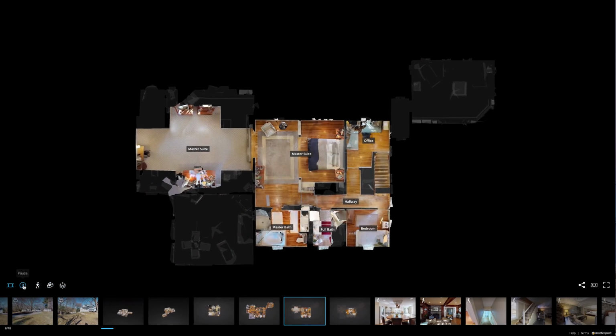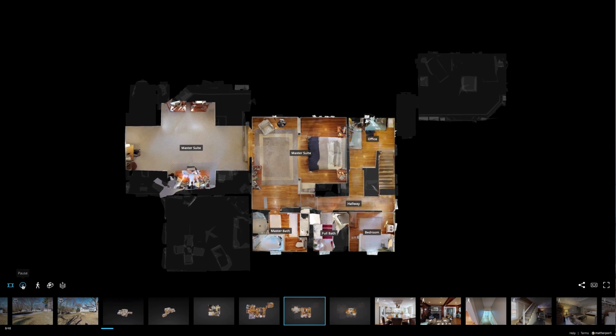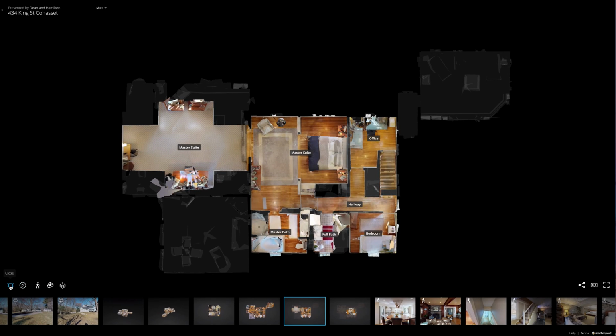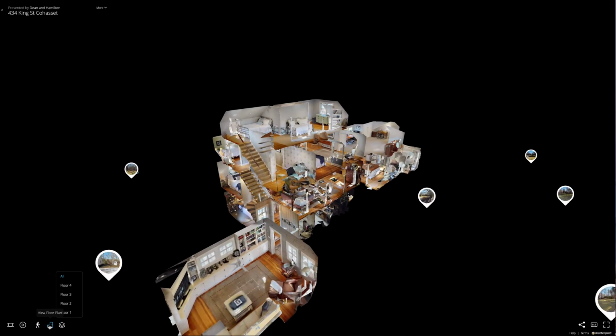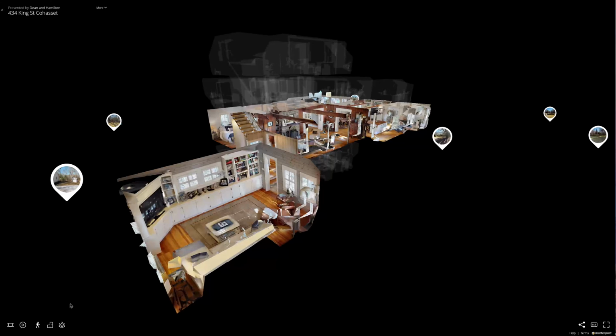So I'm going to pause this, pause the guided tour, and I'm going to shrink it down. So now you see we have three other icons. Explore, your dollhouse, then you can look at your dollhouse, and then you can look at your floors. When you pick the floor selector, you can go to any floor. You can do that whether you're in the dollhouse, which is here, and you can eliminate floors, or you can